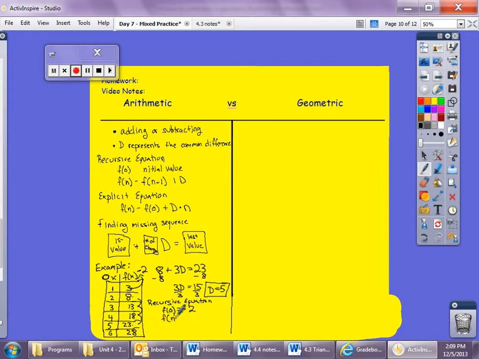Then f of n equals f of n minus 1, and then plus our d, so that's plus 5. So that's plus the d, which is 5. And then our explicit